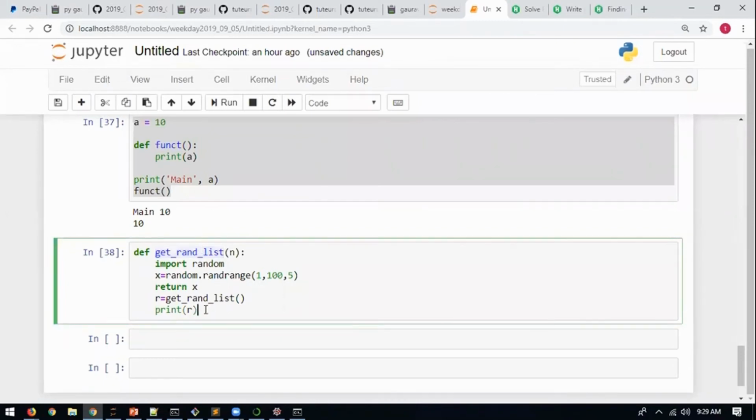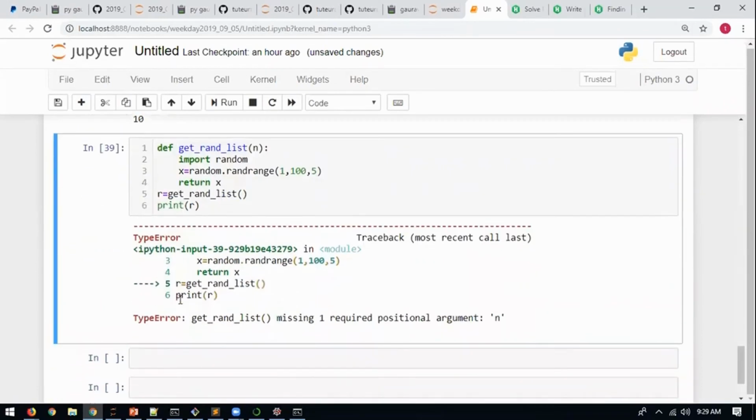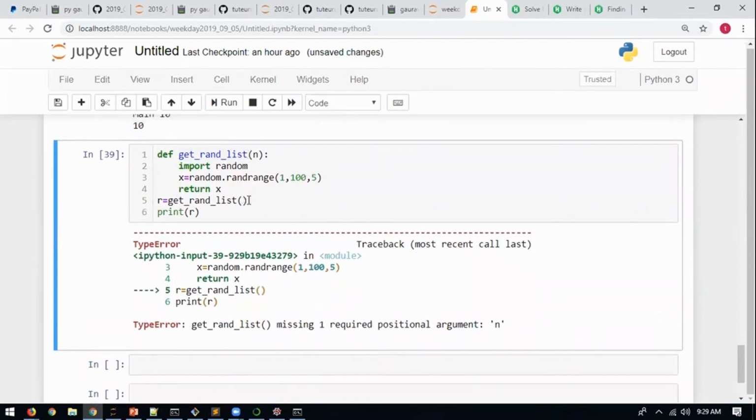Oh, okay. So you have written a call to this function in lines 5 and 6, but you have put that as part of the function. That should be outside. Now, if you run it, it works. It starts to execute, but now it says a different error.